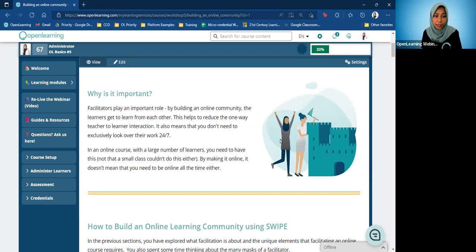Okay, so by making it online, it doesn't mean that you need to be online all the time either. So if it's a small class, that would be much better. The learners are going to be much more close knit and know each other. But if you have a large number of class, where sometimes you have like a class of 100 students,